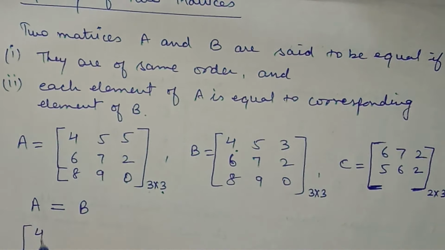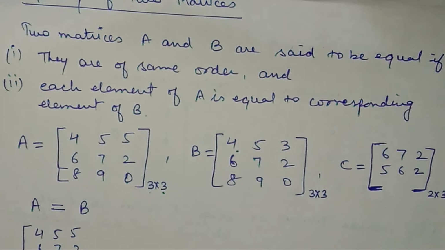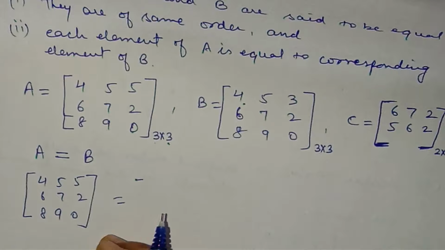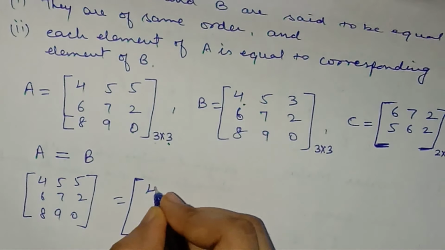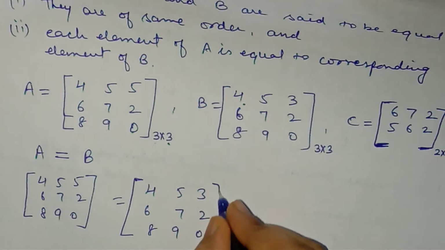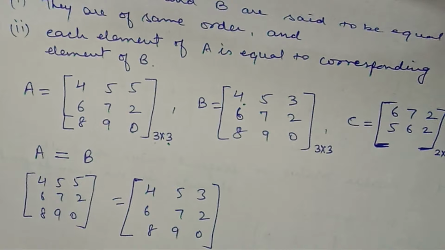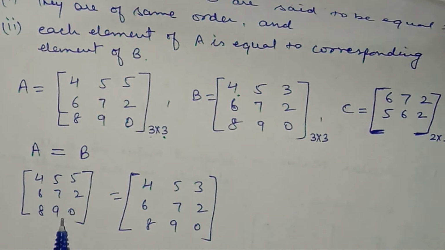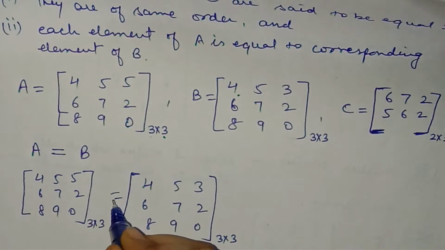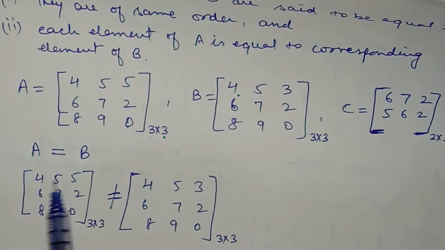Let's write it here. 4, 5, 5, 6, 7, 2, 8, 9 and 0. And in case of matrix B, 6, 7, 2, 8, 9, 0. If you see it carefully, though the order, that is the first condition, is satisfied, matrix A is of 3 by 3 order, matrix B is also of 3 by 3 order, but the second condition in this case is not satisfied. So it is not possible to equate the two matrices in this situation, because as you just carefully